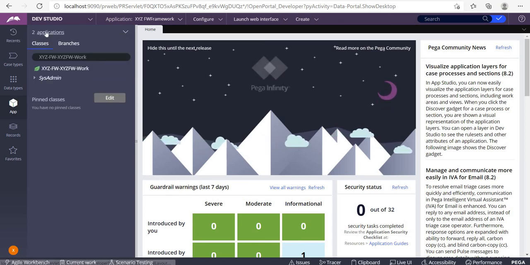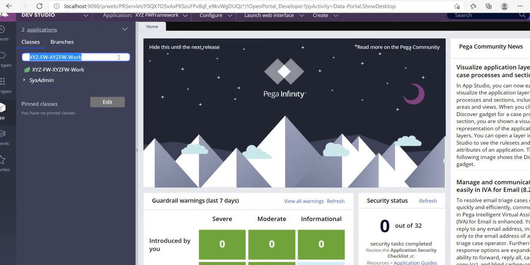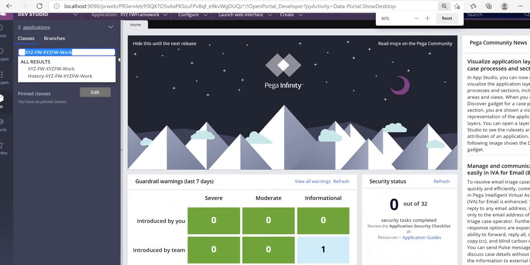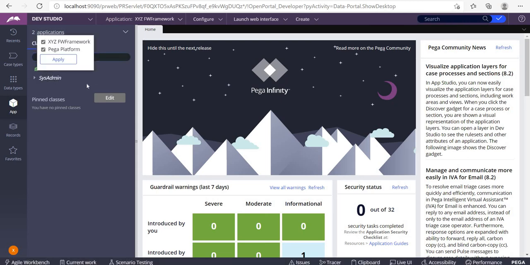If you click over that, let's see the framework class first. The framework class is nothing but XYZ FW hyphen XYZ FW work. That is the framework class, and once again we'll see the two applications which are on top. Since it is two applications, the base is Pega platform and the framework is built over Pega platform, and you build the implementation above the framework.